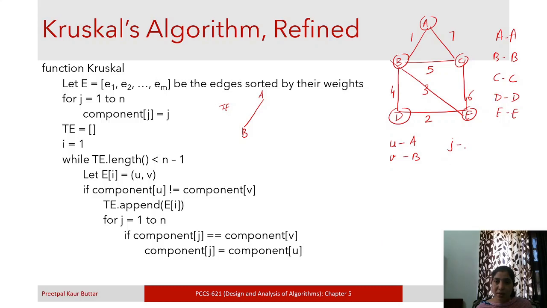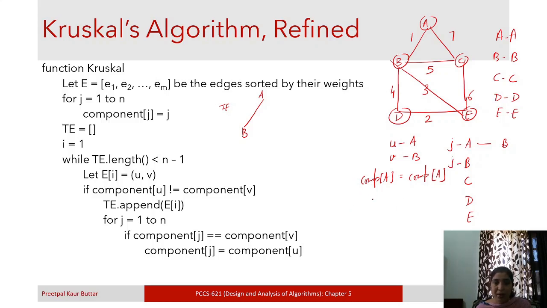So J is A, suppose J can be B, J can be C, J can be D, J can be E. Okay, so if component of J is equal to component of V, so A and B, if they are equal, then what we will do, component of J will become component of U. Okay, so component of J, that is component of A, will be equal to component of U. U is A, so component of A is component of A. Okay, now J will move to the next node, that is B.